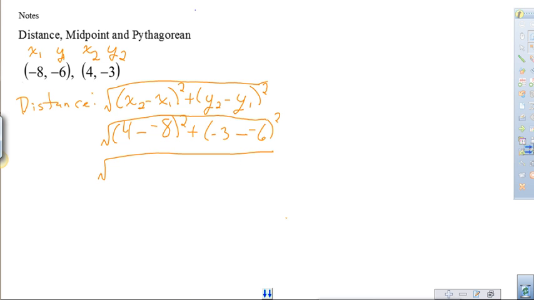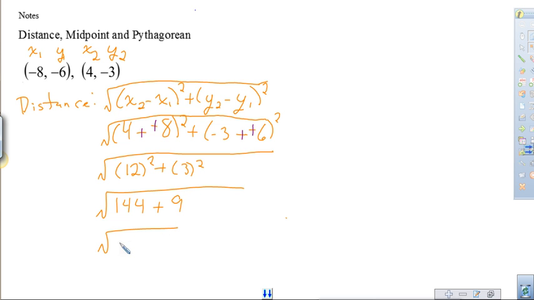Subtracting a negative is the same as adding. So 4 plus 8 is 12 squared plus negative 3 plus 6 is 3 squared. Then we've got 12 squared is 144. 3 squared is 9. We add them together and we get